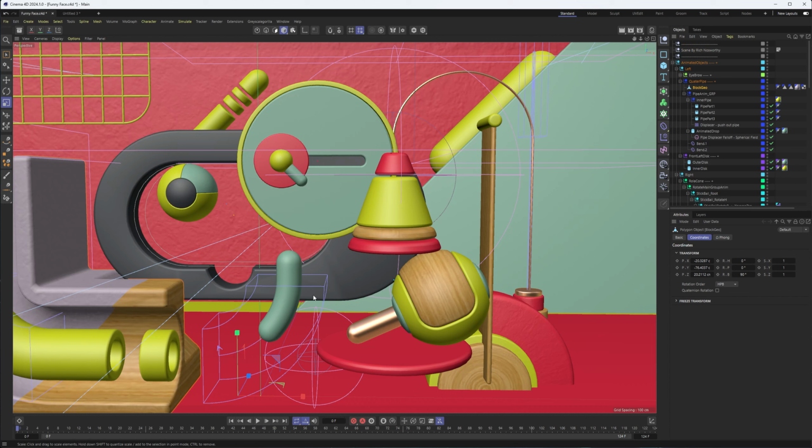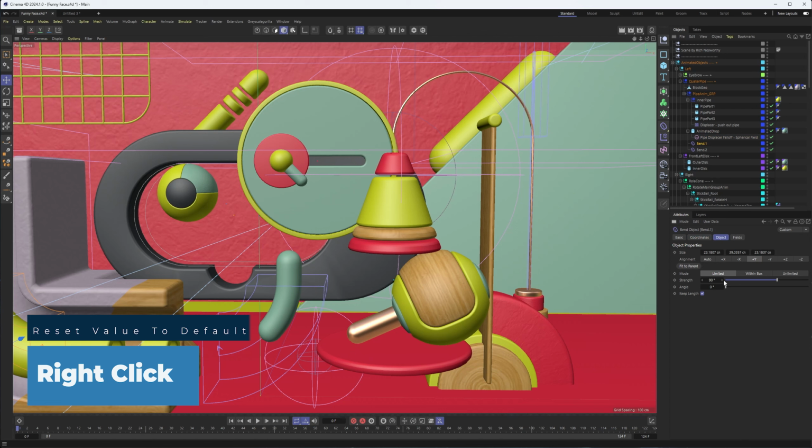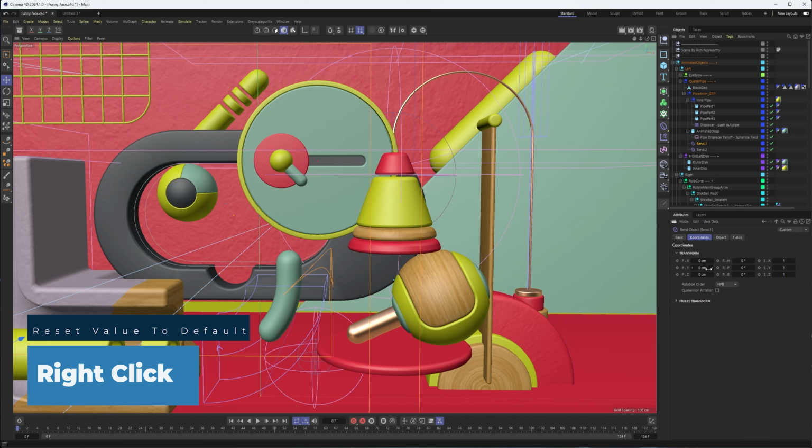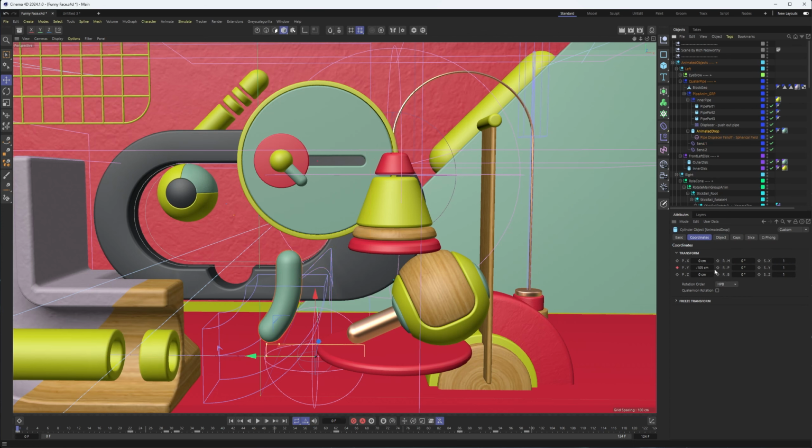Something else I should mention, and I can switch back to this file to show you that, is if you have any property, whether it's something in the coordinate tab, whether it's a field, a deformer, what you can do is if you right click on any one of these values, it will set it back to the default. So whether that's a size, whether it's strength, whether it's coordinates, say something here, it will reset it back to